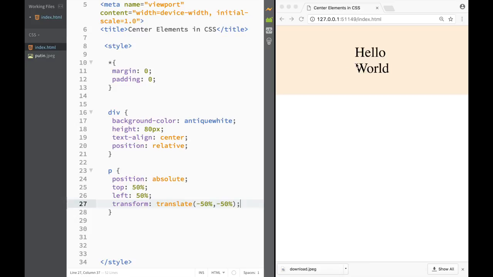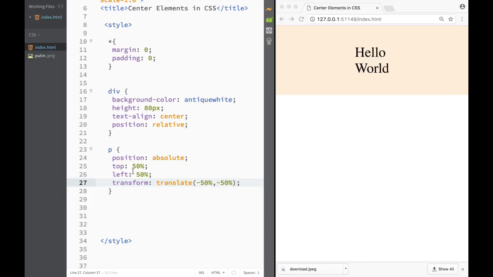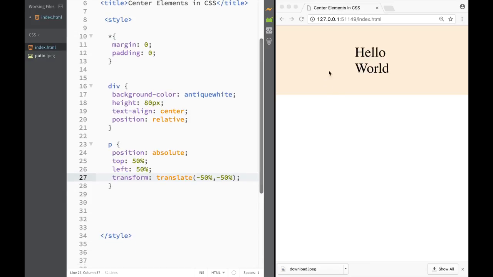So then you move to the left. And then I want to move your dimensions to the top, 50%. So we move the actual text to the top. So this is the best way we can move, in this case, this block element. Well, this time it has a text, right? So this is how we can work with the block elements, how we can set them pretty much in a